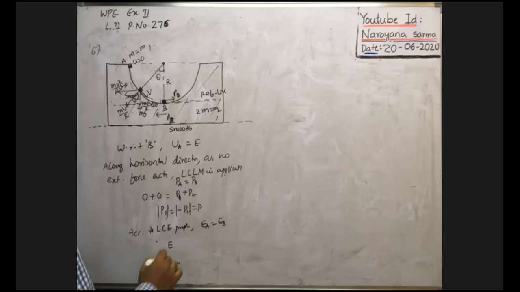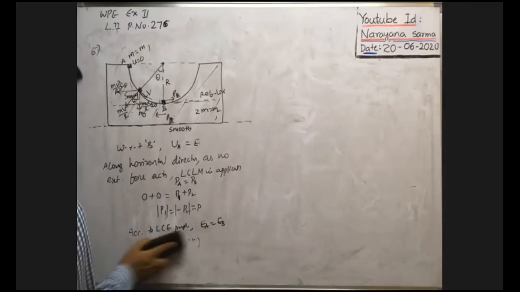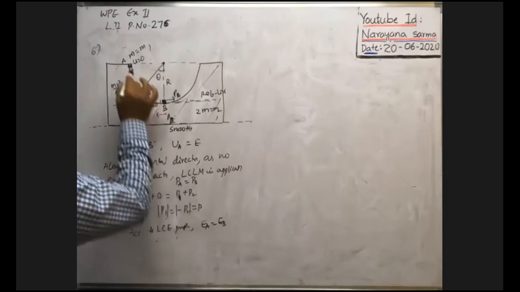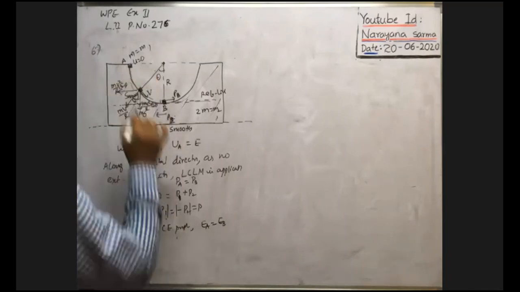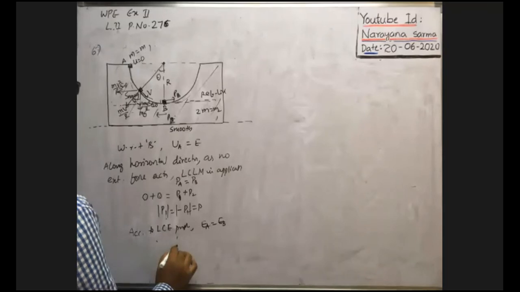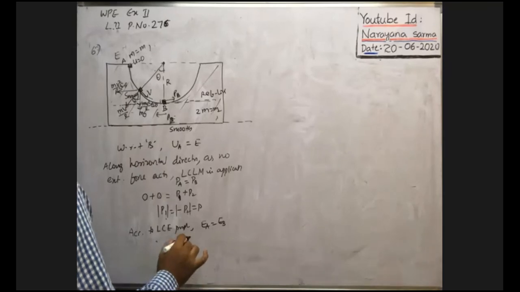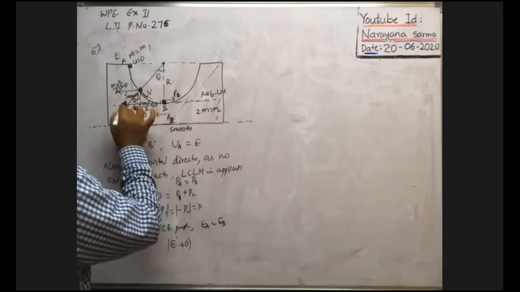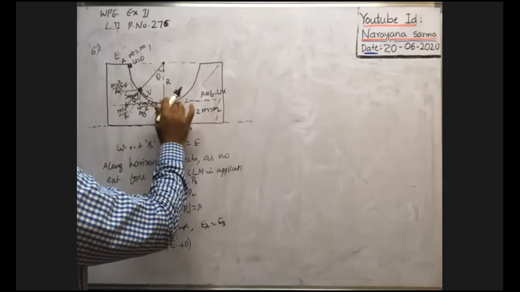The wedge has no potential energy. You write the formulas directly. So initially, the total energy of the system, whenever the body is at A, from the reference line, as the body is at a height h, it has potential energy that is given as E in the problem. That's why E plus kinetic energy 0. For the wedge, there is no motion, and as we have taken the reference line here, with respect to this reference line the potential energy is also 0.